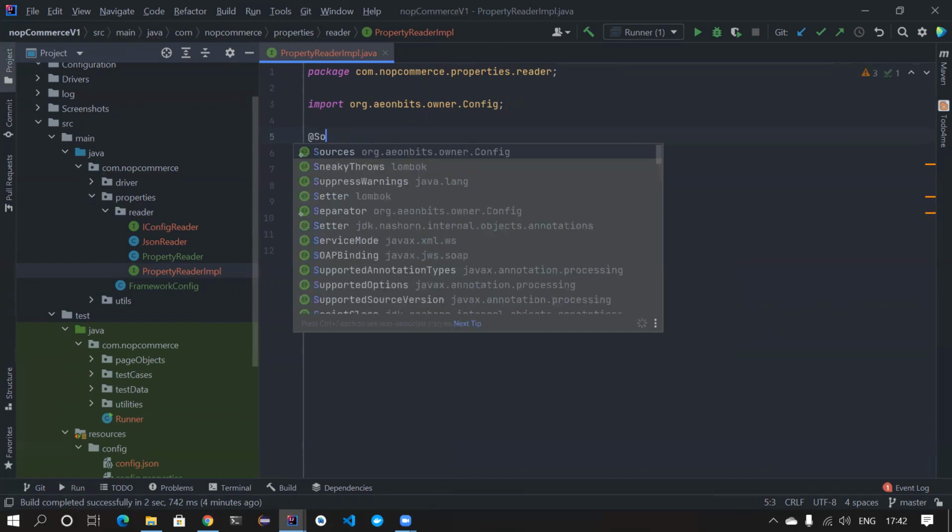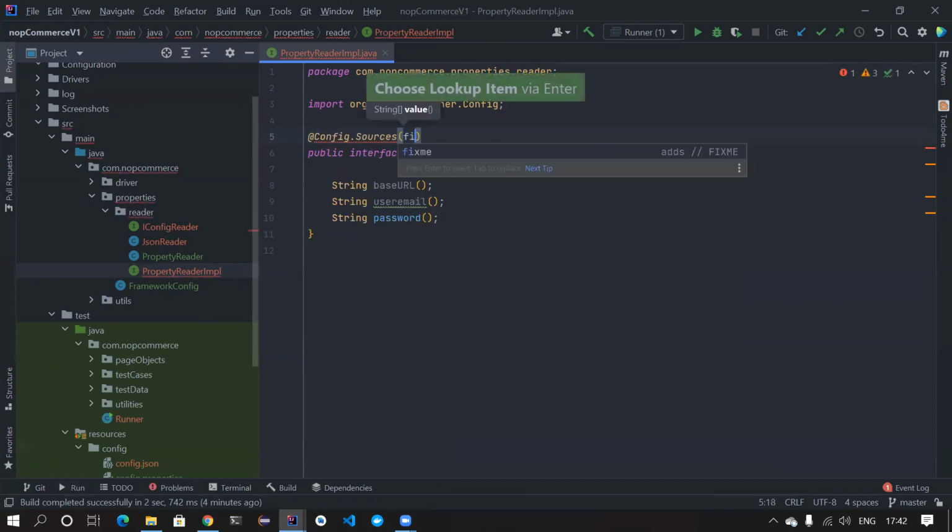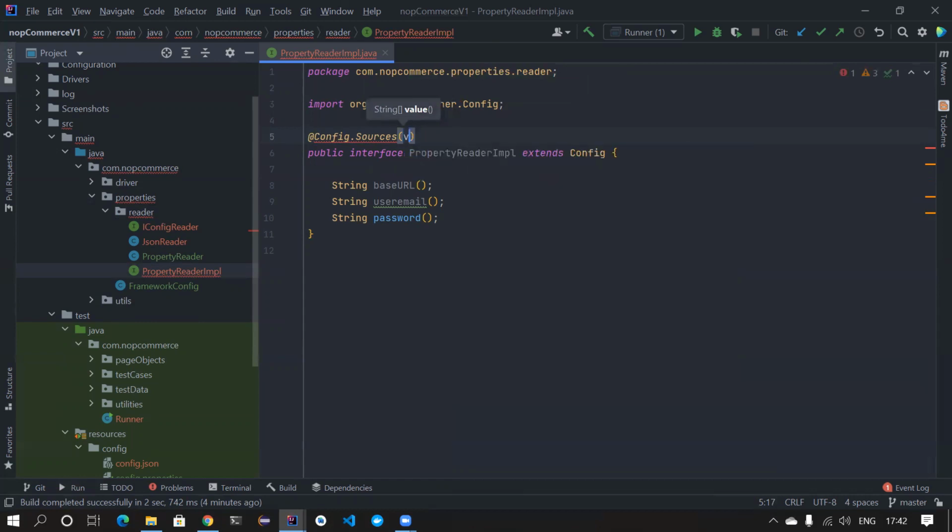I think the sources value, file, and then I need to mention the current user directory location, that is user.dir, and then src/test/resource config/config.properties.